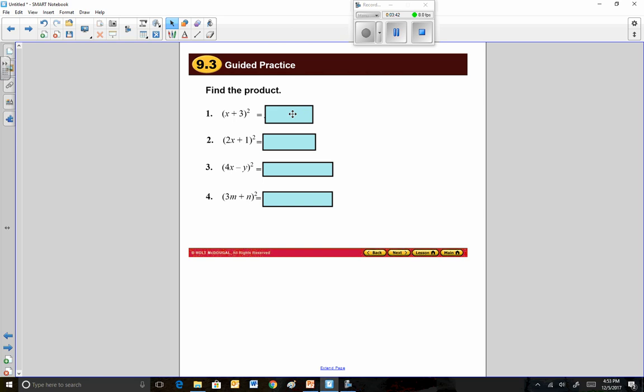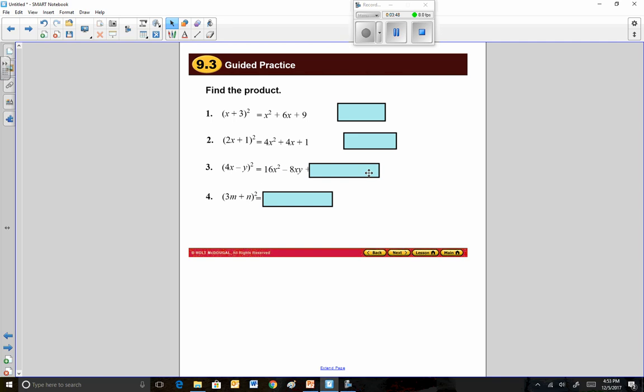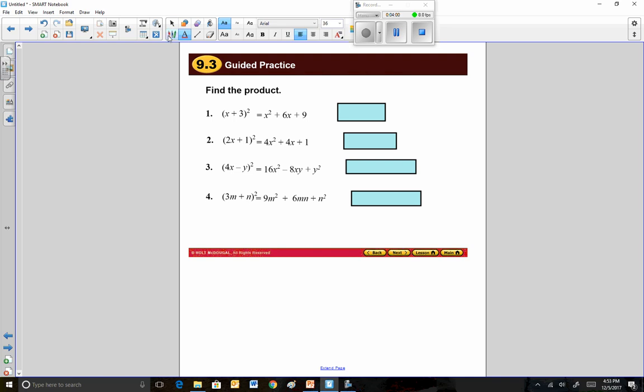Welcome back. Let's try this. Let's take a look. This one should be x squared plus 6x plus 9. Checking your work to see how you did. All right. Now, I'll just go over one more question just to make sure we have this stuff. Okay, this one, I would have written x plus 3, x plus 3,